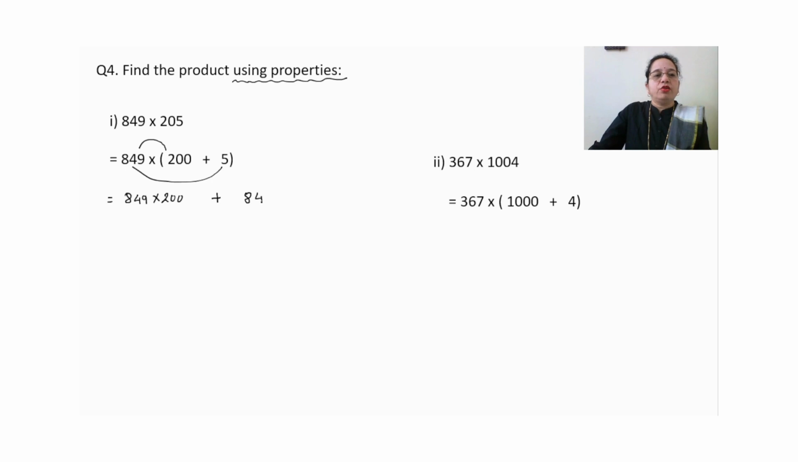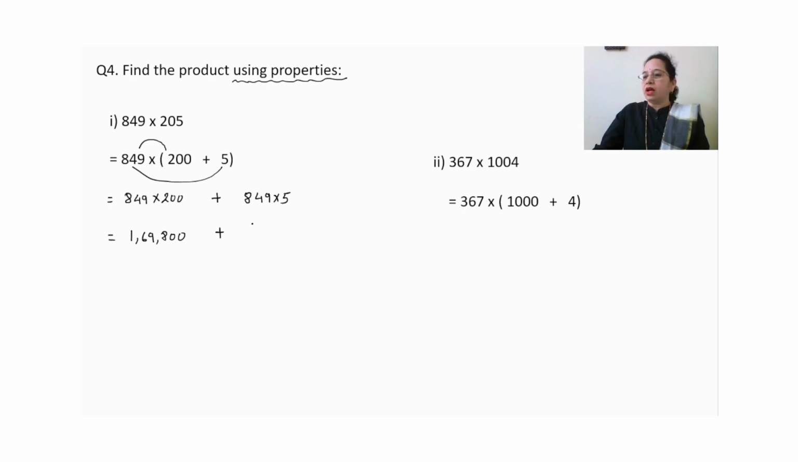So 849 into 5. So we will do multiplication. If you can do direct multiplication, it's okay. Otherwise, in rough column, you can do multiplication and write down 2 zeros. So we will write down 2 zeros and just we will multiply by 2. So your answer will be 1,69,800. Now again you can multiply by 5, direct multiplication you can do, or you can do multiplication in rough